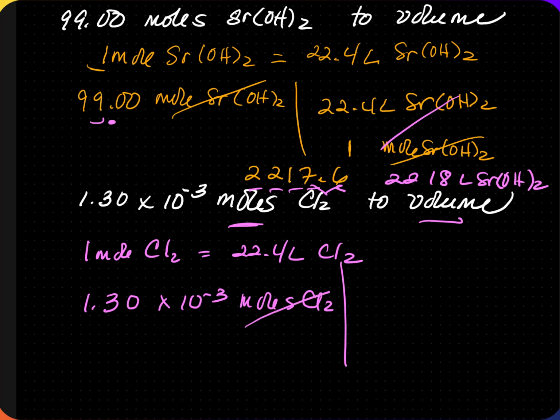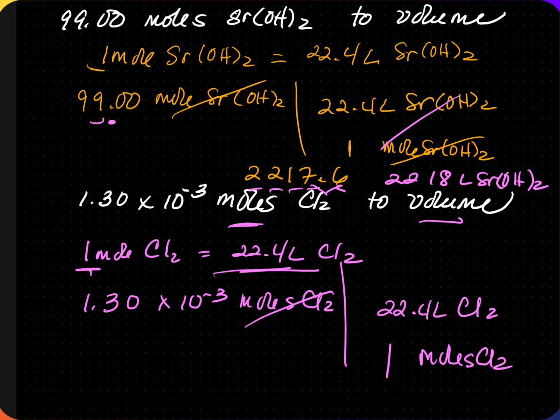Diagonals have to cancel out. Moles of chlorine gas, moles of chlorine gas. 1 is the number in front of it. This is equivalent or equal to 22.4 liters of Cl2. Diagonals cancel out, and it's the units that you want, which is liters. So 1.3 times 10 to the negative third times 22.4 divided by 1 will give you